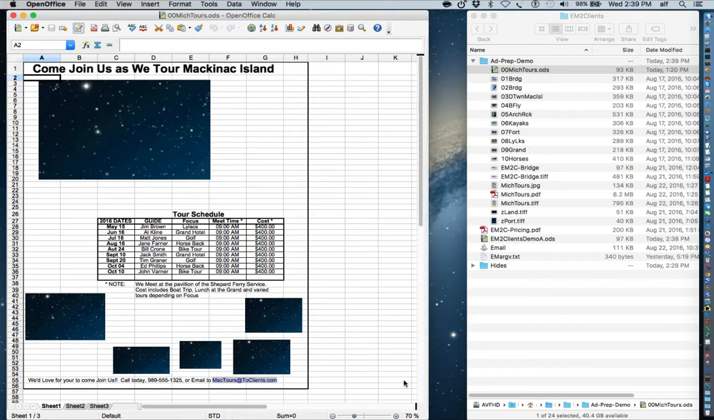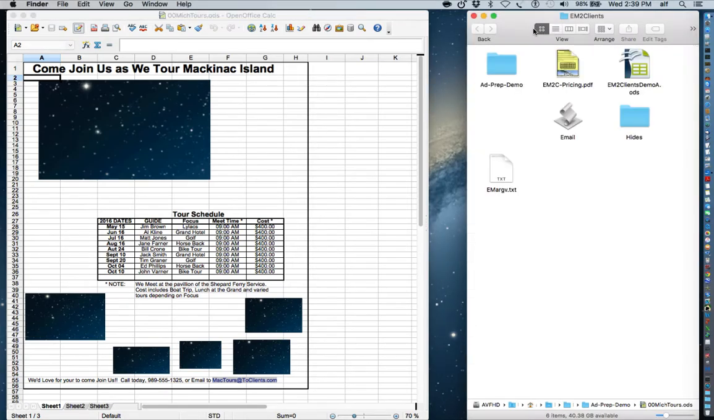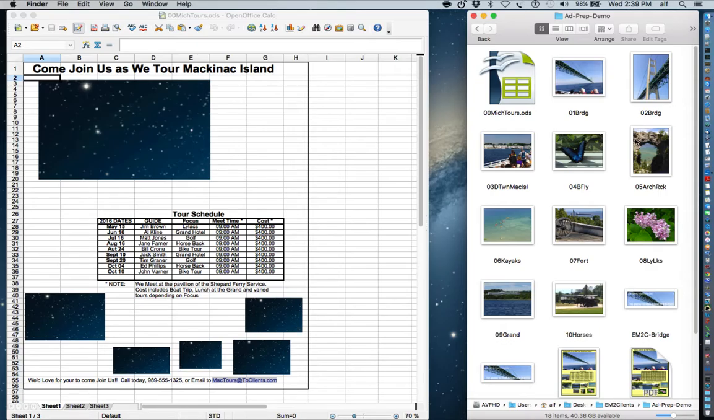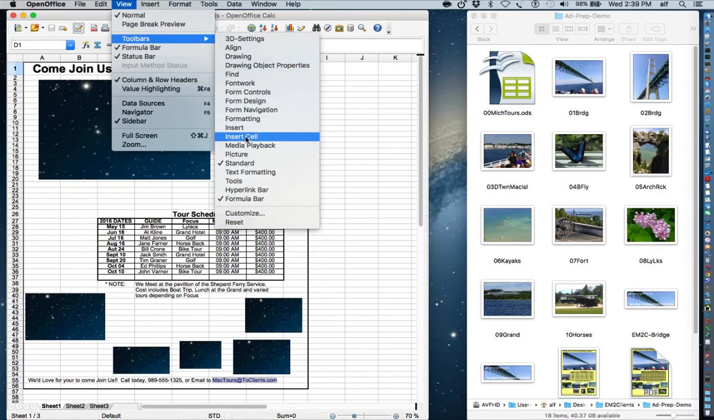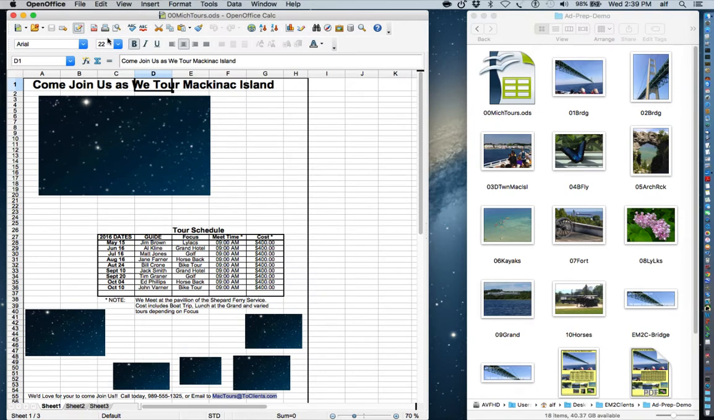Basically, what you would have is a blank spreadsheet, and what you can do is add pictures or tables of information that would be helpful in attracting customers. You might change the font size. So in OpenOffice, you would go to View, Toolbars, Text Formatting, and you could add bold print or change the size of the font and so forth,